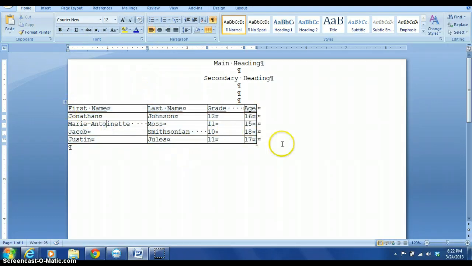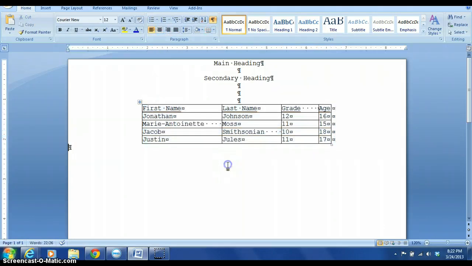So what you want to do to center the table itself is to click the same 4-headed arrow here. That will select the table, and then you click center. And notice now, you see the difference? My words aren't centered, my table is centered. Okay? And now the next thing to do is they may ask you to